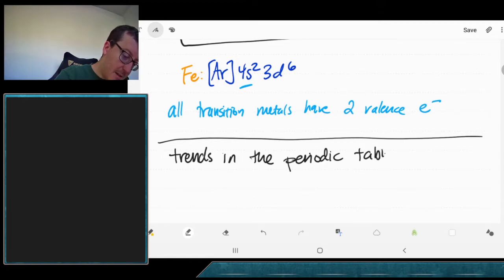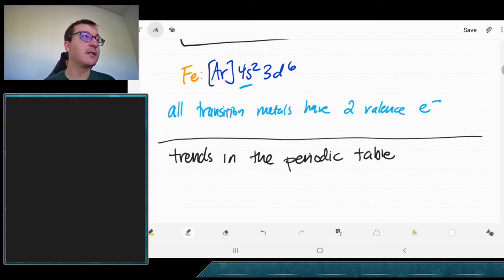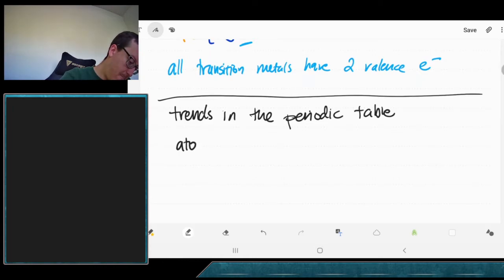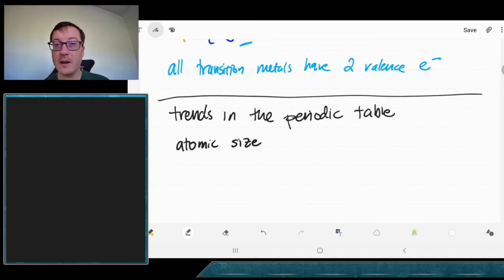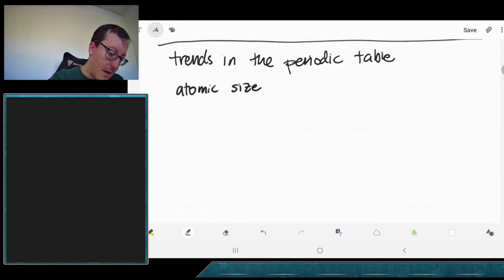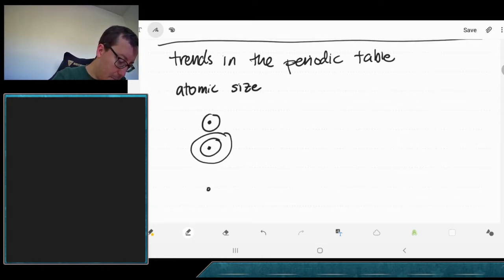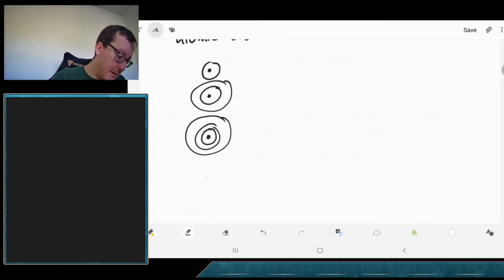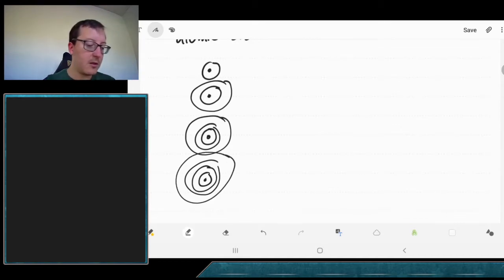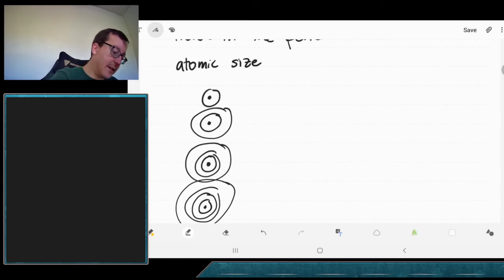If we look at trends in the periodic table, we're going to see some characteristics that we're able to talk about. And the first one I usually like to talk about is atomic size, or the radius of an atom. If we consider atoms to be spherical, we can talk about their relative size. And so we can make some comparisons. Perhaps the easiest comparison for us is if we employ this Bohr model. If I say this is hydrogen, lithium, sodium, potassium,